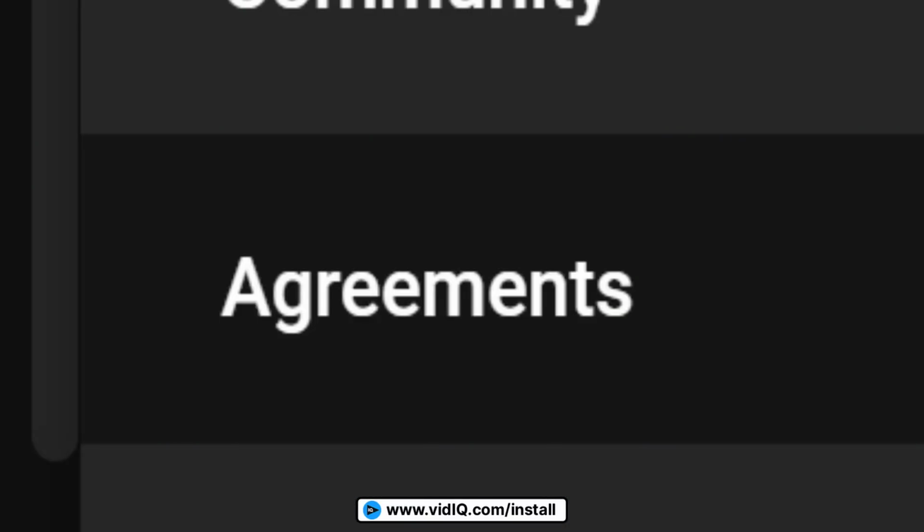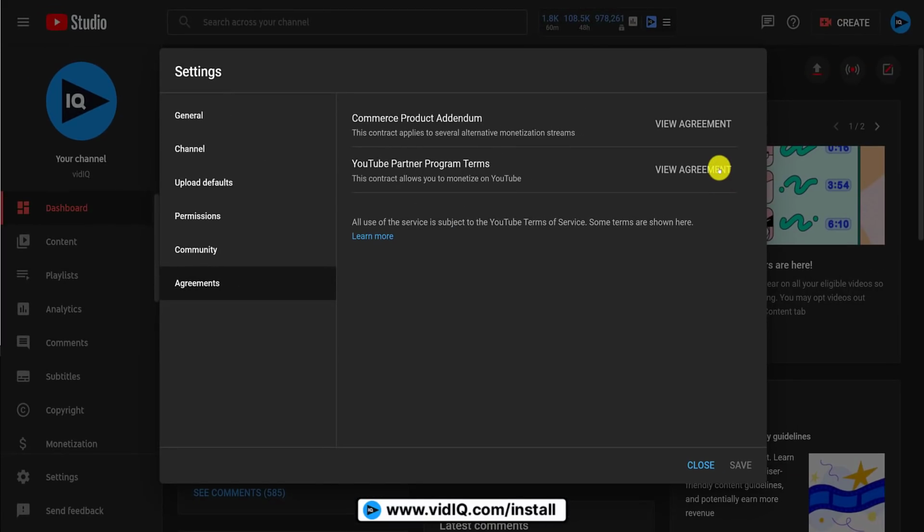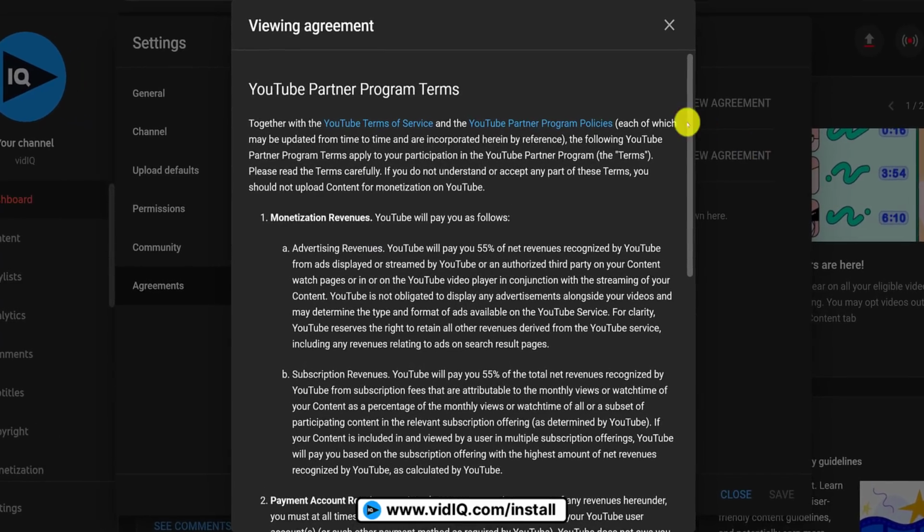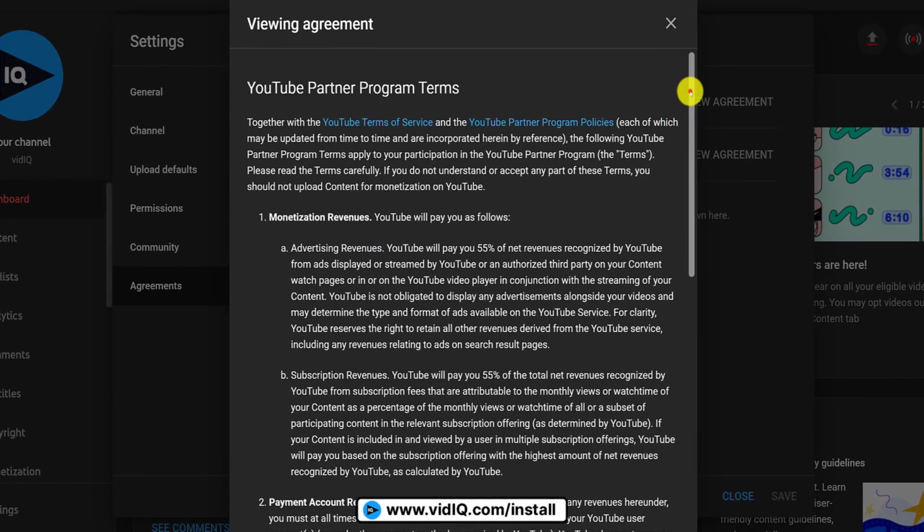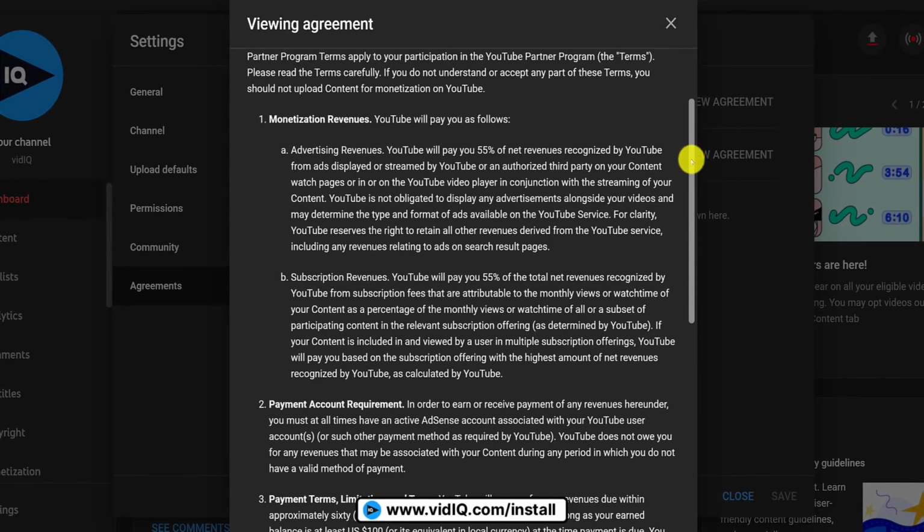On the other hand, what the country of residence is super important for is the YouTube Partner Program. When you apply for monetization, you agree to terms and conditions that vary from country to country, especially when it comes to potentially taxing your revenue. So you need to make sure this is set correctly. And whatever you do, don't lie or mislead YouTube. It's just not the way to start off a business relationship, is it?